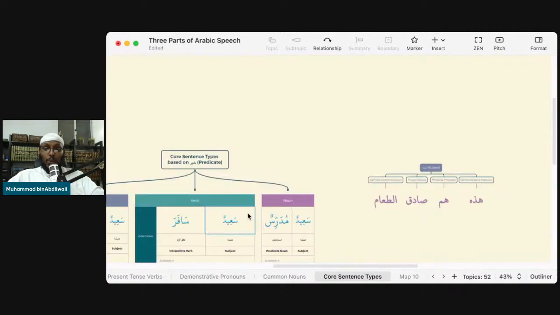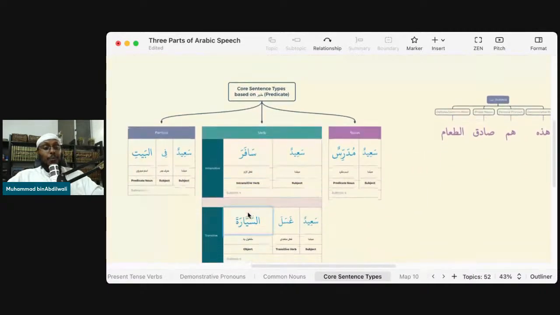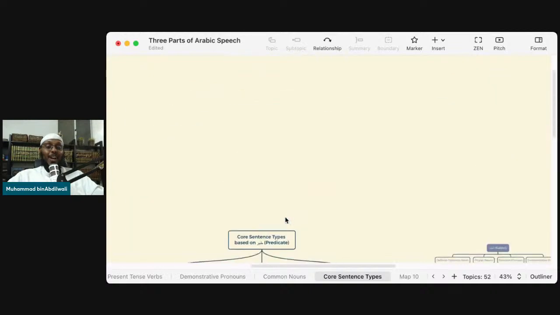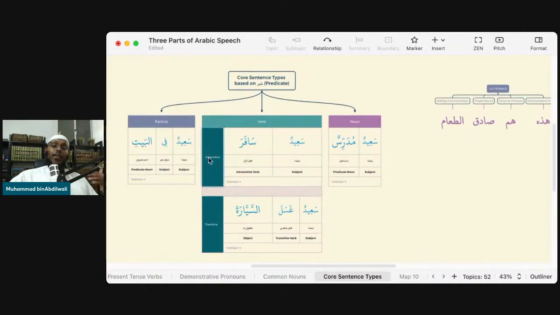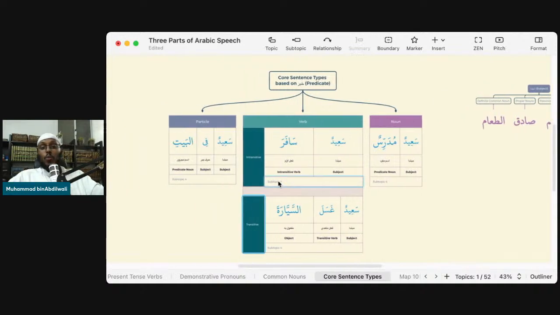And here we go. Now, again, I could have asked you this, wallah. I could have said to you, okay, a verb gives us two different sentence types. What do you think that's related to? Well, the answer is related to what we spend a lot of time on talking about, which is if the verb is either transitive or intransitive, if it either needs an object or it doesn't. If it doesn't need an object, it's going to be a specific sentence structure. If it does need an object, it's going to be a different sentence structure. But in total, barakallah fikum, this is what we have.